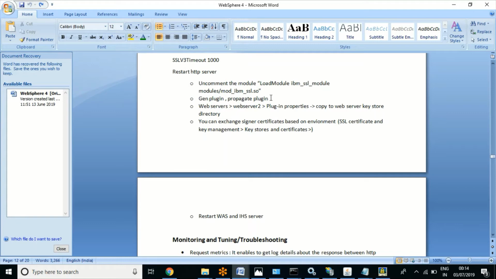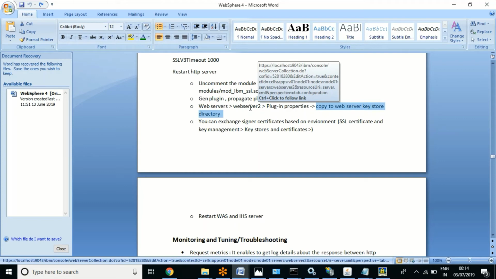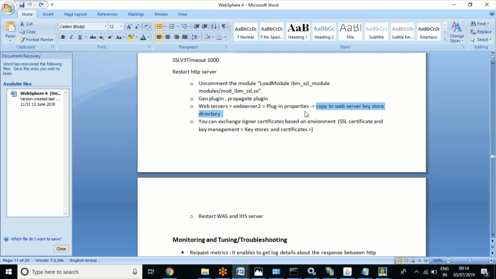So you have to generate the plugin, and then you have to perform this step in the web server. In the plugin properties, you have to select this button, copy to web server key store directory, and after this you should restart the IHS and WebSphere servers. We have seen in earlier classes how to restart them, and once you do all these changes, you should be able to